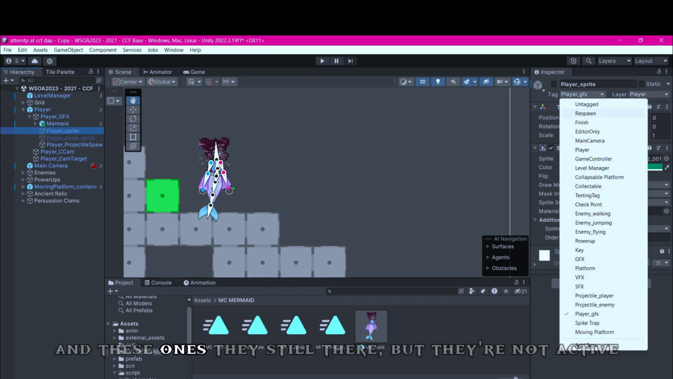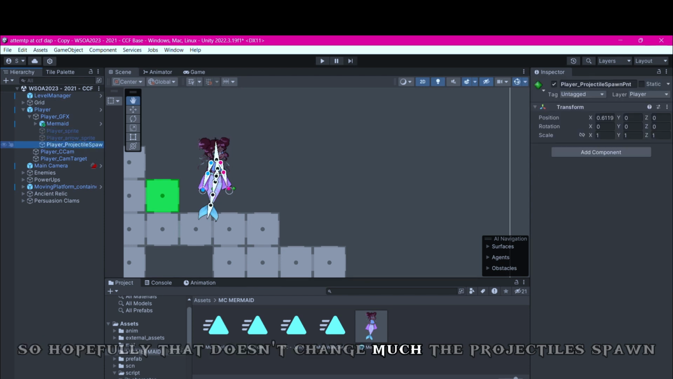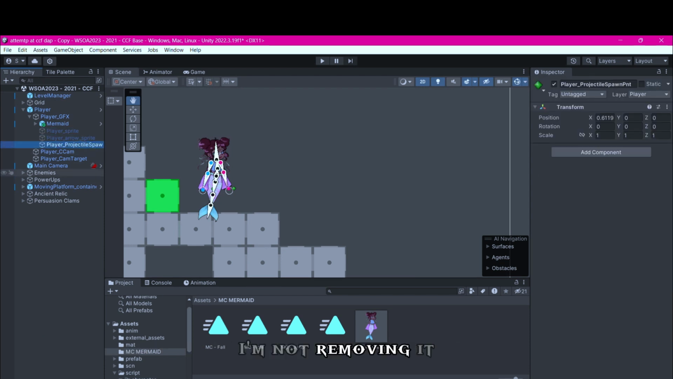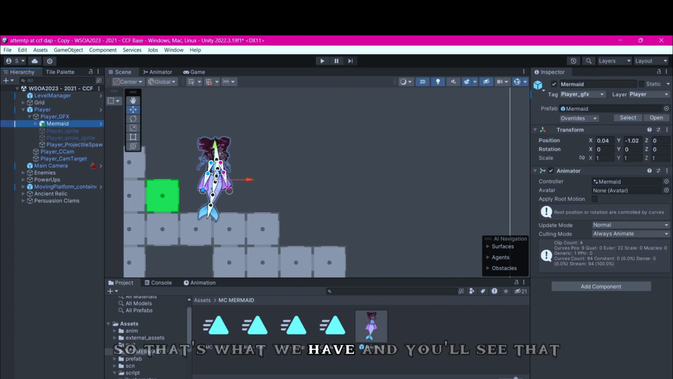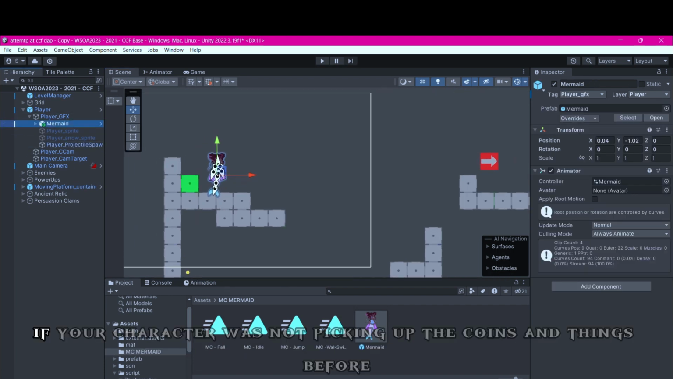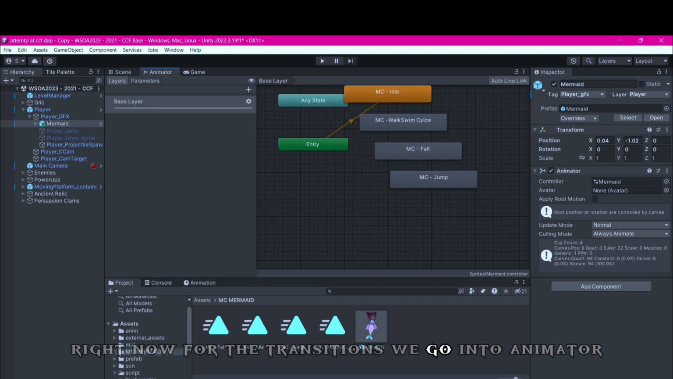And these ones, they're still there, but they're not active, so hopefully that doesn't change much. The projectile spawn, I'm not removing it. I think we can move it around here because I wouldn't mind if a projectile spawned there. Right, so that's what we have. And you'll see that if your character was not picking up coins and things before, they should be picking it up now. Right, now for the transitions, we go into animator,